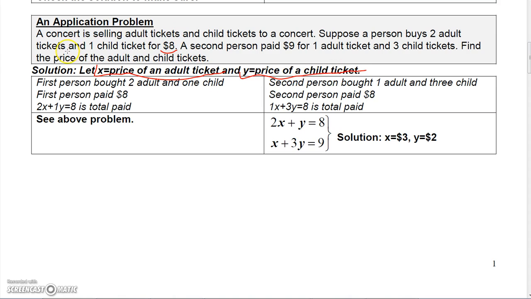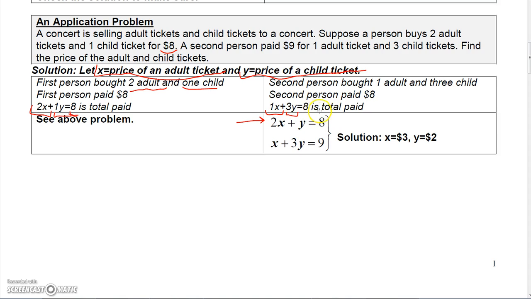Well, I know there were 2 purchases here, 2 adult and 1 child ticket, so that means 2 times the number of adult tickets plus 1 times the number of child tickets had to equal the total they paid, which is $8. So 2x plus y equals 8, and that gave me this equation. And then the second purchase was 1 adult and 3 child tickets, so 1x plus 3y